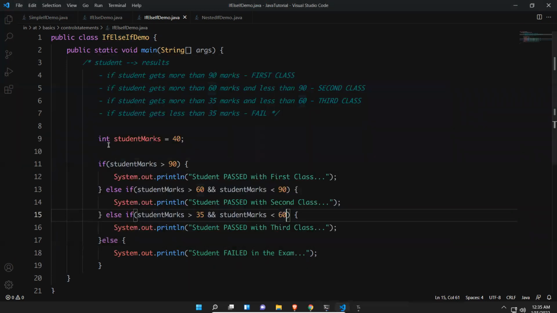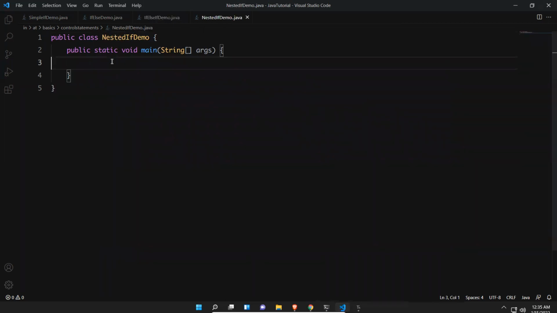Right. We have checked all the conditions. So this is how if else if will work, if you have these kind of conditions to check. Okay. So we'll go to the nested if demo. In the nested if demo,